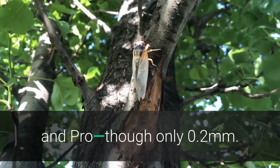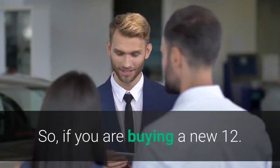and Pro, though only 0.2 millimeters. So, if you are buying a new 12